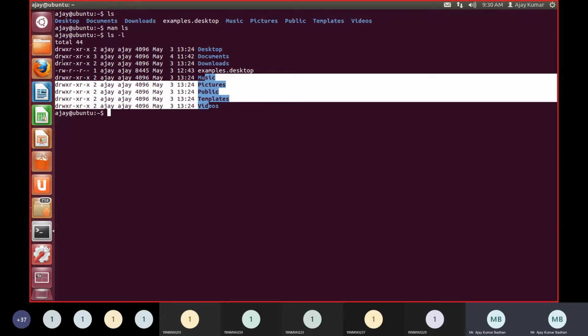And as I told you, there are three different kinds of groups here. One is the owner, one is the group, and another is others, with whom we are sharing it. The owner is the one who created that particular folder. I am the one who created it, so I am the owner of that folder. Like within your system, you might create a folder called movie. Who is the owner of that folder? Obviously you, because you created it on your laptop. So you are the owner of that folder.